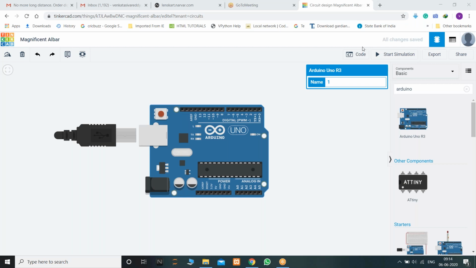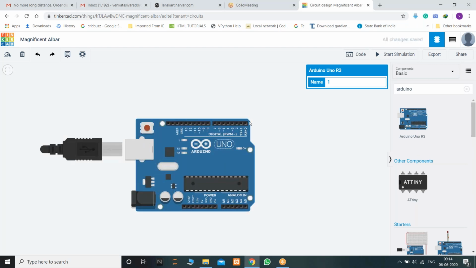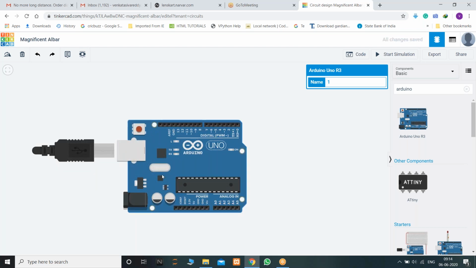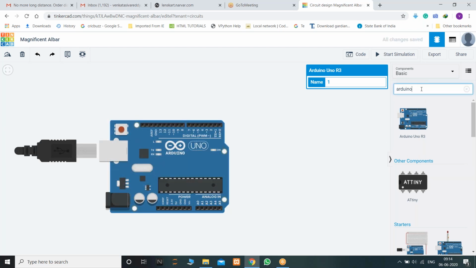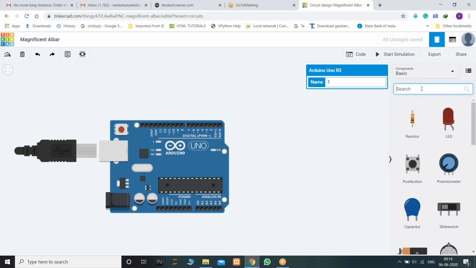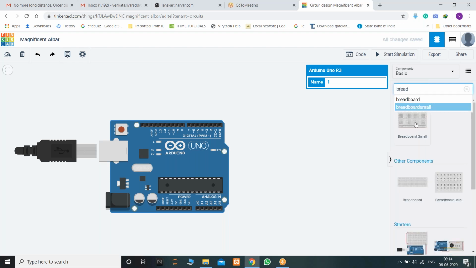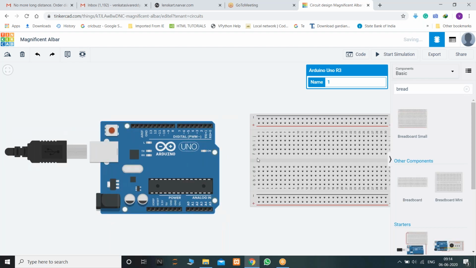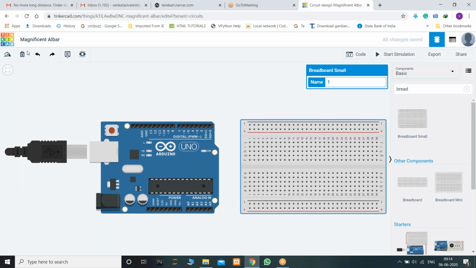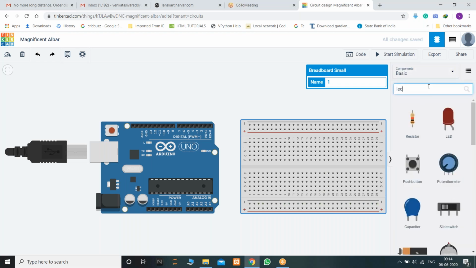Okay, fine. So my task is about controlling three LEDs, which are red, yellow, and green. So it's a very simple task. So I'm taking a breadboard, and then three LEDs here.